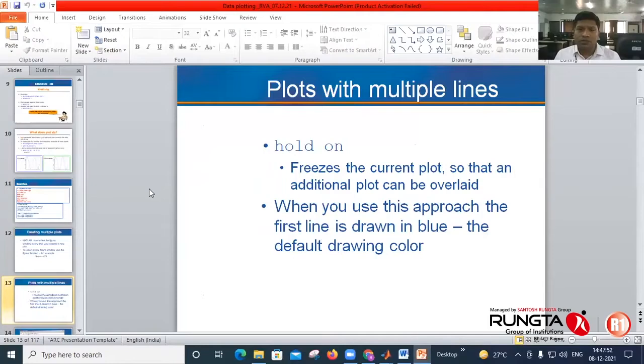If you want multiple lines in a plot, the hold on command is used. The hold on command freezes the current plot, and you can draw additional plots on it. The other lines, second plot, third plot, can be drawn over the same plot. When you use this approach, the first line by default is drawn in blue color, and then the next lines are drawn.